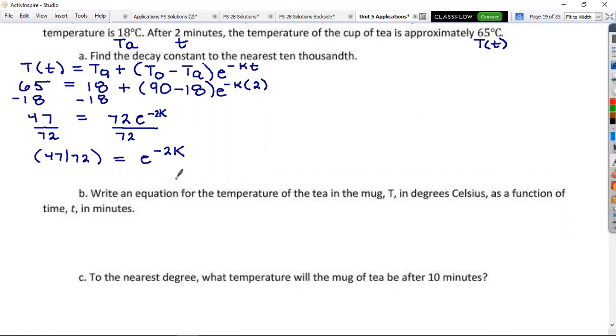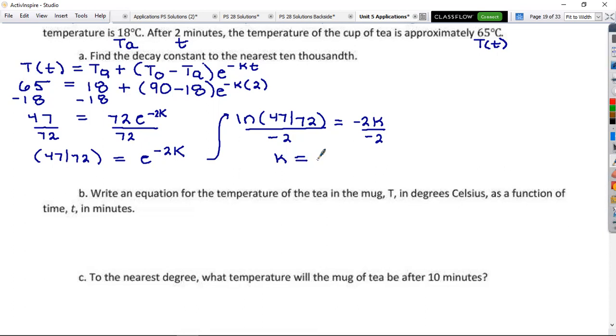All right. Tell me what you know about this now. How do we get rid of E? Natural log, very good. So on the left, I'm going to do the natural log of 47 over 72. And then on the other side, it cancels, and I just get negative 2K. So to finish, I'm going to divide by negative 2, divide by negative 2, and can someone get me this answer to the nearest 10,000? K equals,